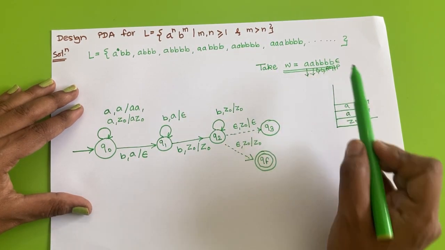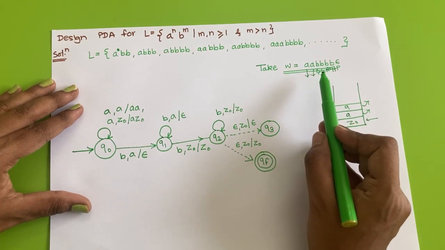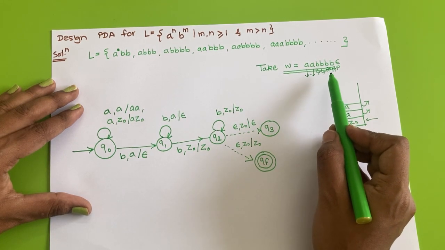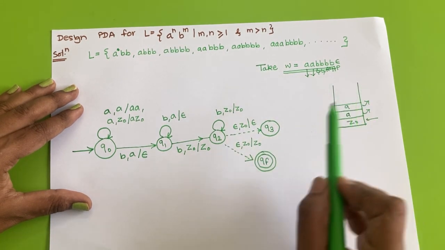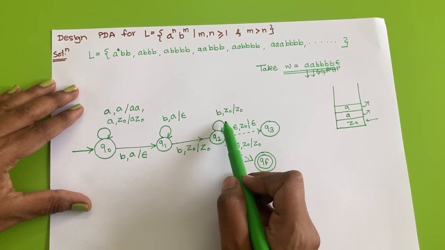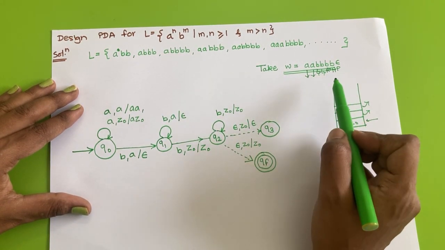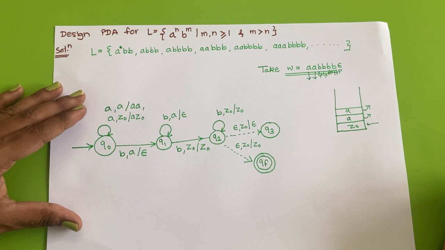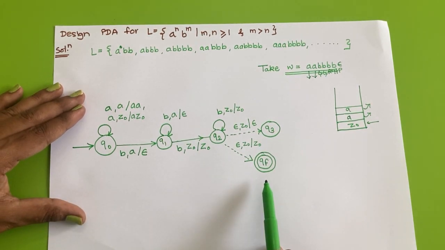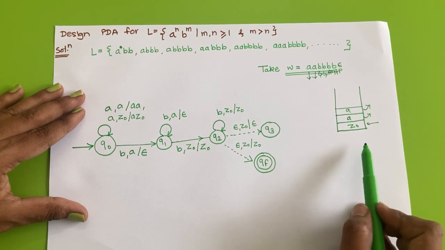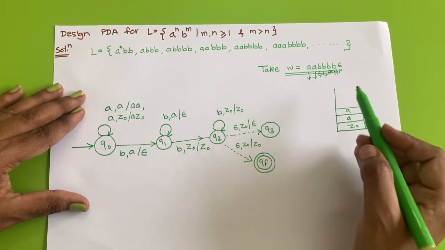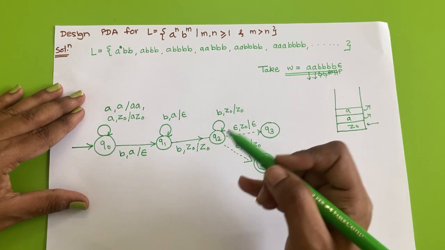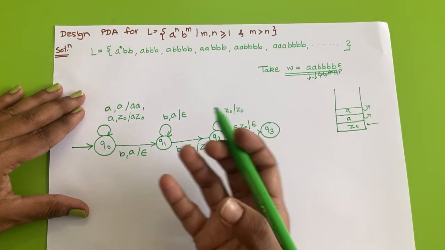So we have checked whether we have at least one extra B in the given string, and if we have more extra B's, then for those B's we will perform no operation. Hope you have understood this PDA, how to draw the transitions for the given PDA, and how we can simulate it for the given string. You can also take any random bigger string to observe how it works.